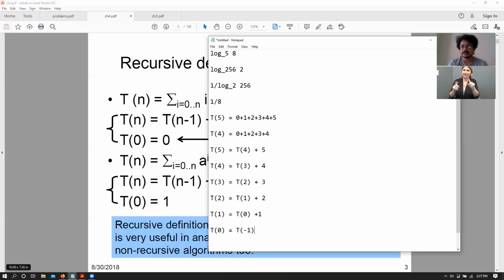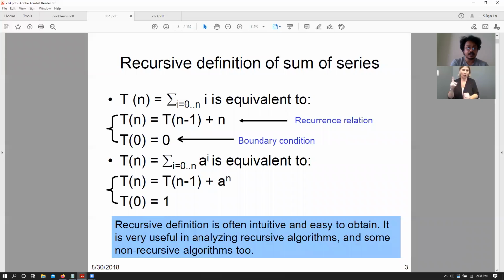So in such cases, we need two things. One is the recurrence relation, and also what is the base case exactly. What is the base case for your particular recurrence relation? So in this case, our base case, T of 0, is not 1. Abdul Rahman, if you check carefully, the base case would be when n equals 0.